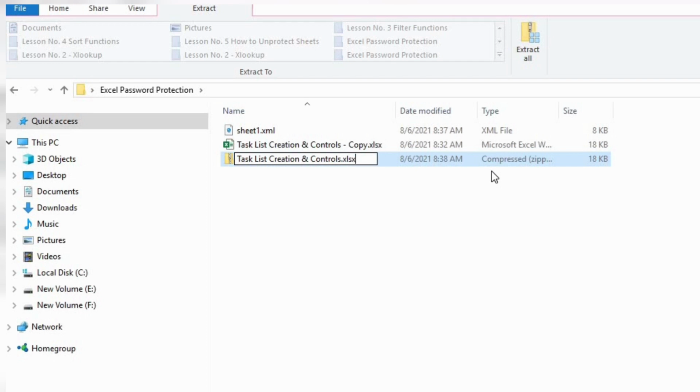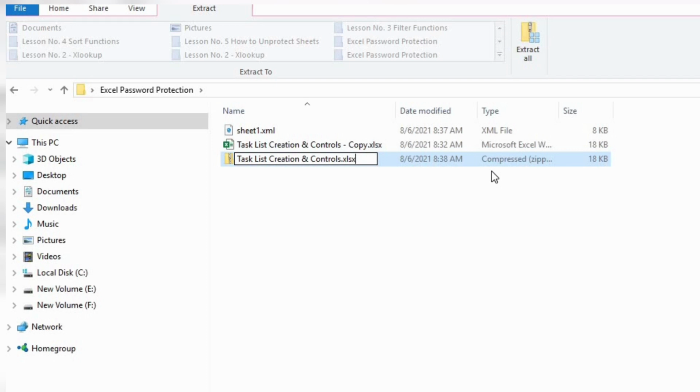I hope everyone has a zip conversion tool in your system, then only this will work. If you don't have something like 7-Zip or WinRAR, they are free. You can go to your browser and download it to recover this protected sheet.